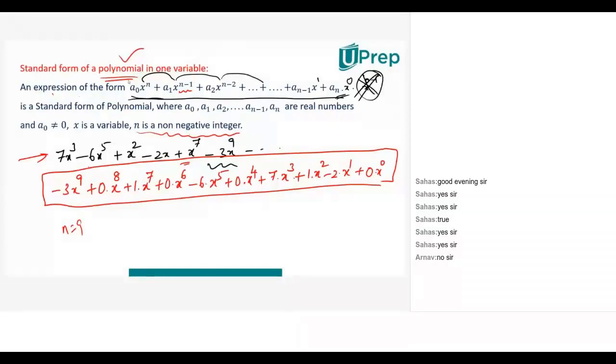Division is not possible if you don't consider these zero terms, I mean the continuous terms of 9, 8, 7, 6, then division becomes difficult. And once the division becomes difficult, the LCM of a polynomial and the HCF of a polynomial become difficult. Are we clear with standard form? It's nothing new. It's only what is needed, I mentioned there.